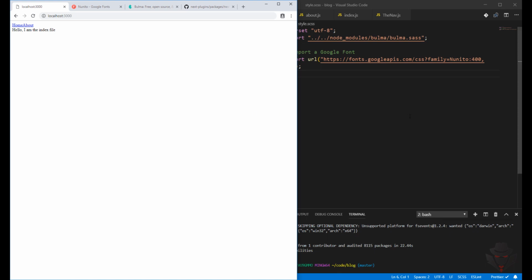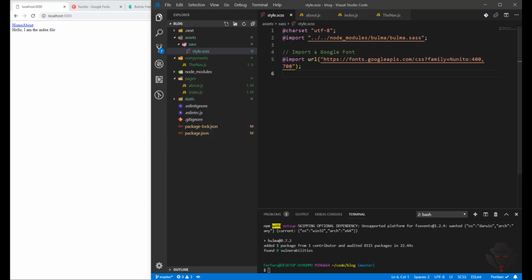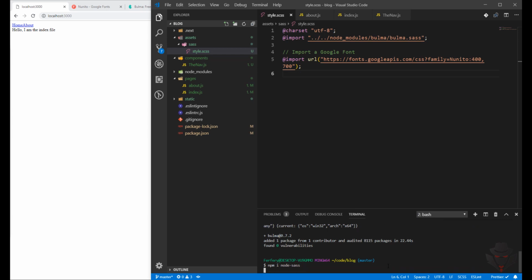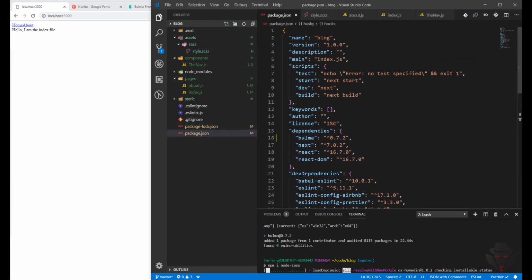We can't use the Bulma in our project because yes, we have imported it, we put it in a style.scss Sass file, but we haven't compiled the file and we haven't used it. So next thing is I'm going to just add another package called node Sass. So npm install node Sass. While we're waiting for that one, I am going to package.json and create another